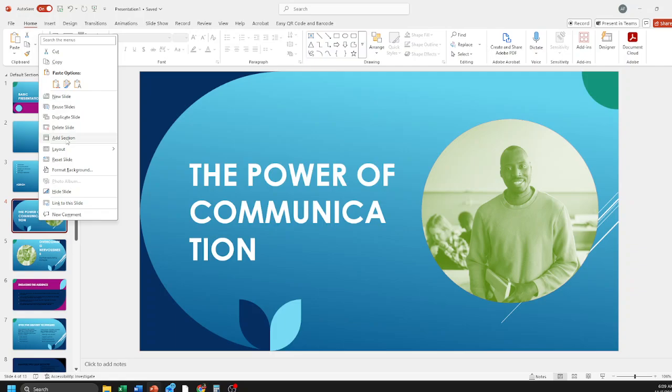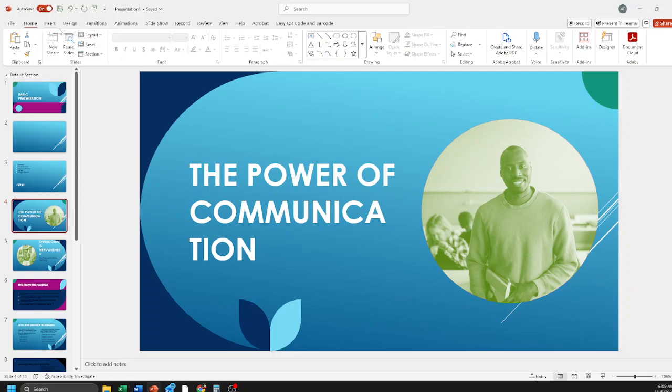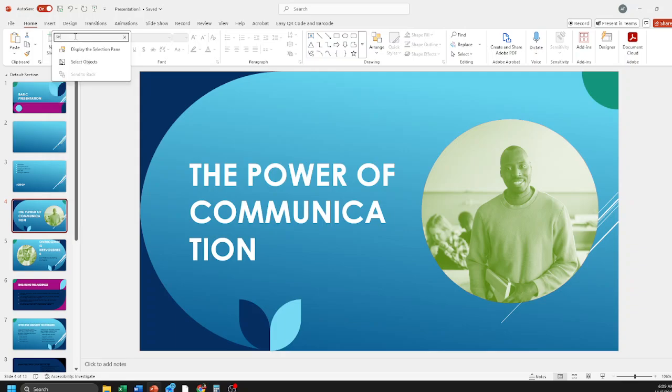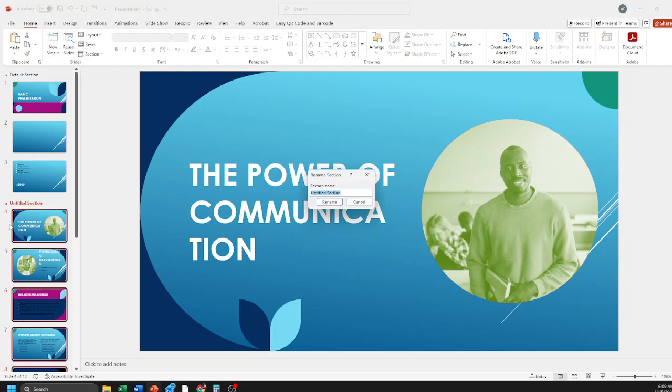Right. But I want to tell you, if you lose that add a section, come up here to this search menu and type in section. Section, and it'll say add a section. Click on that one, and now there it is. It's between 3 and 4, and we want to name this one